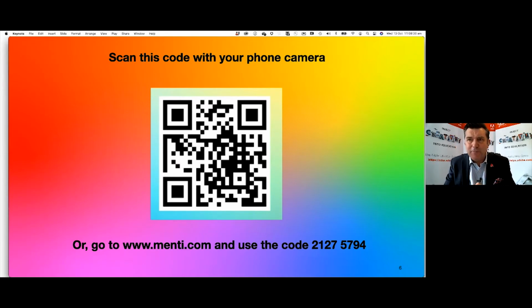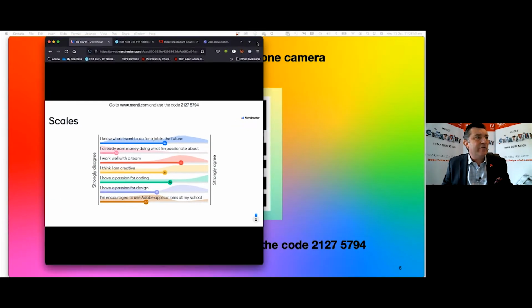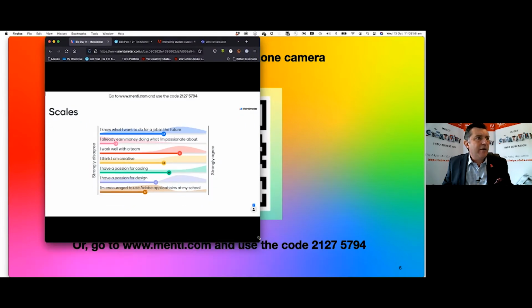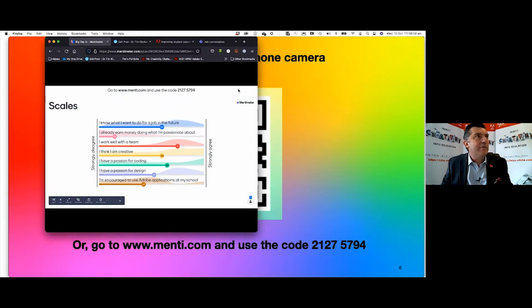We've got 4 people who've completed, 5 people now, so we're getting close. Hopefully we'll get a few more. As soon as we get about 10, I'm going to share the answers to those statements. So hurry up and scan that code, get into your phone and fill out your responses. I think we're going to run out of time if I keep waiting. We've got 7 people now, so I'm going to bring it across to the screen. You can still see the code there if you still need it.